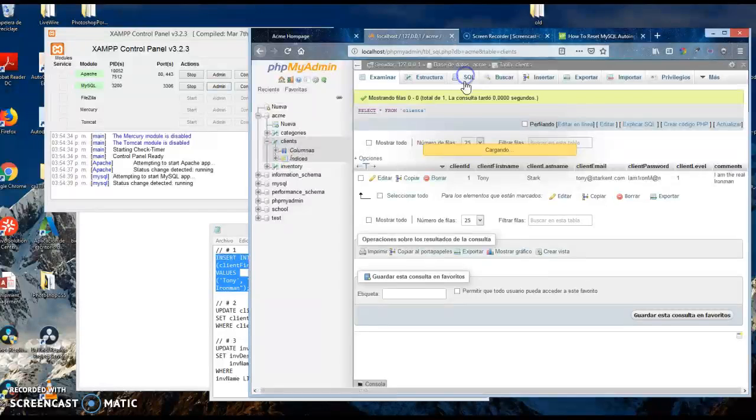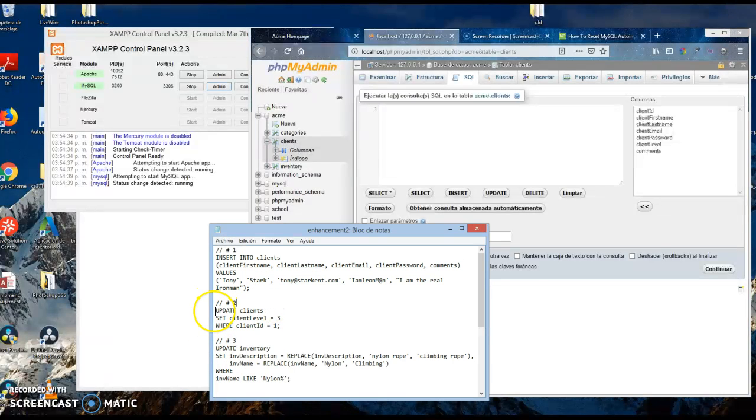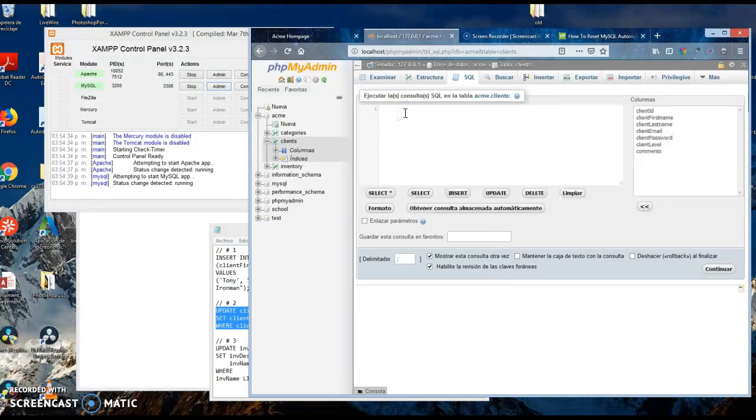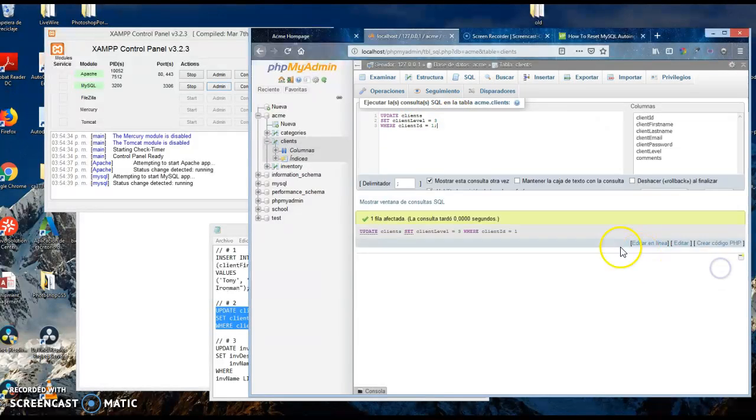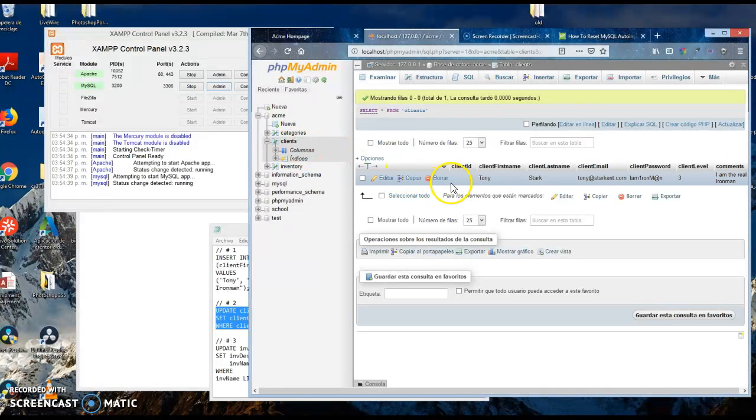Okay, go to the SQL editor, and now we need to change the level of this new client to 3. Go, and then I review, and my new client now has the number 3 level. Go to the SQL editor,